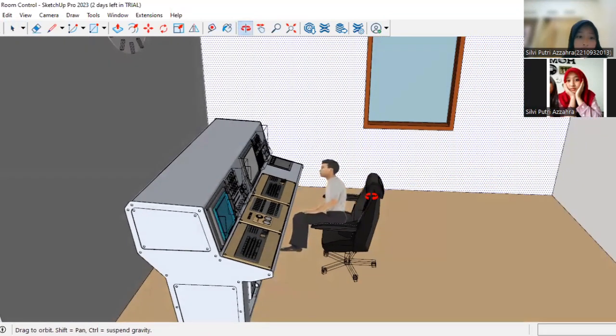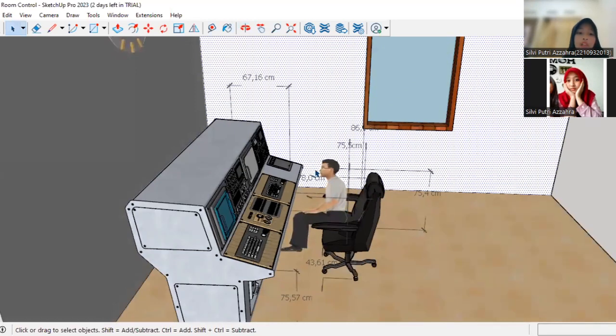And the next is anthropometric data processing for the monitor, as follows. The first is monitor placement height. Monitor placement height uses the height dimension in a sitting position with an allowance of 2 and percentile of 50. The 50th percentile is used so that the monitor can be seen comfortably by all operators. Original size is 73 centimeter and 75.48 centimeter after adding the allowance.